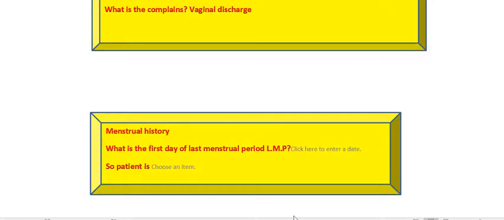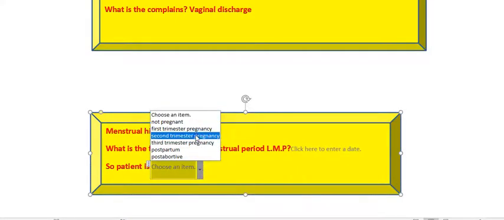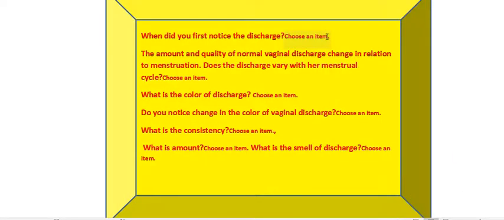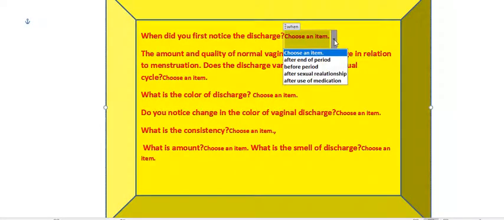We will take the menstrual history, when she started her menarche, and what is the date of the last menstrual period, and so the patient is not pregnant, or she is pregnant first trimester or second trimester or third trimester or postpartum or post-abortive. When she did notice the vaginal discharge: after the end of the period or before the period or